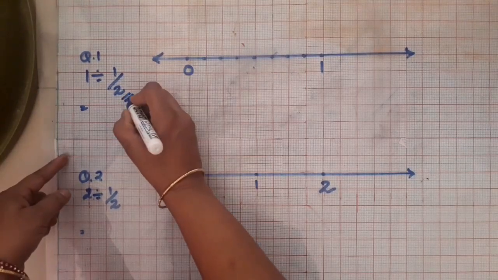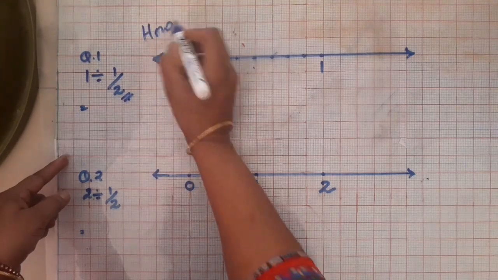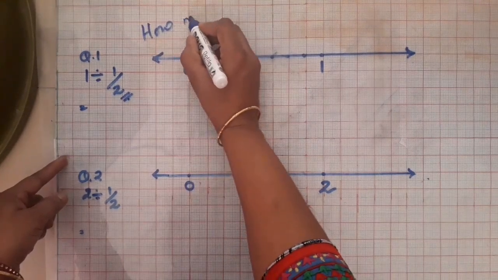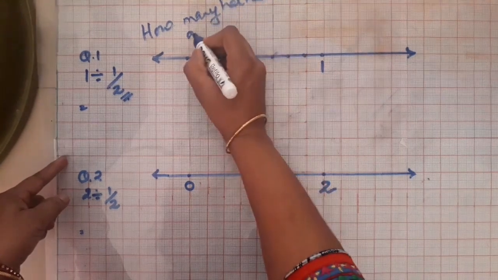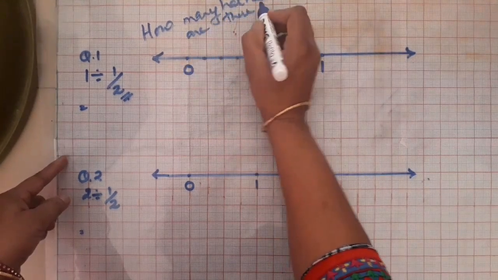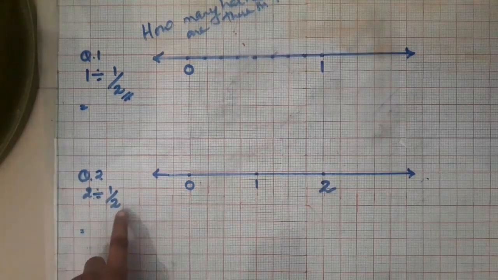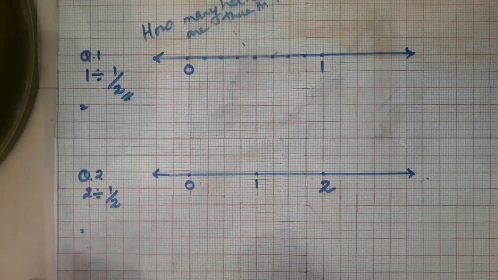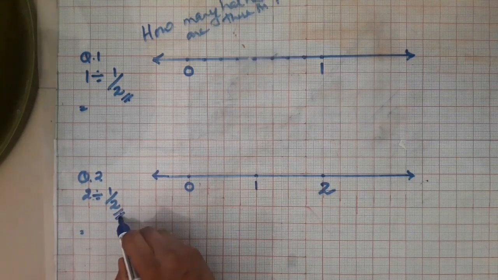How many halves are there in 1? Listen to the language. How many halves are there in 1? If 2 divided by half is given, it means you have to think how many halves are there